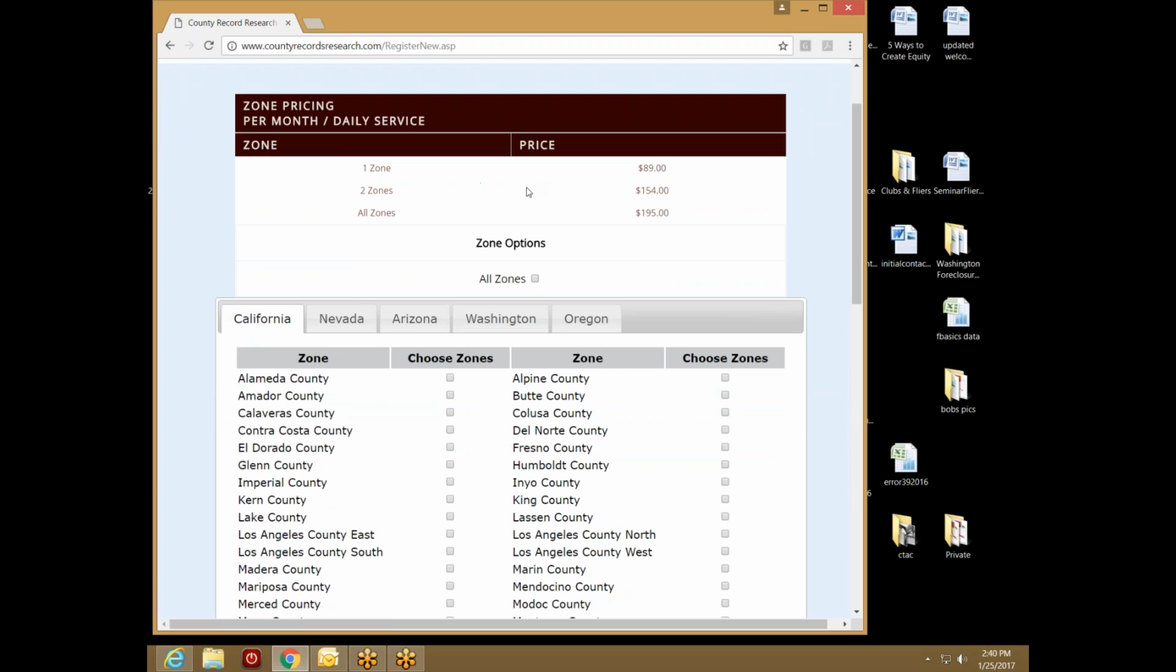Remember that we have 3 basic price schedules, pretty easy to understand. One zone's $89, 2 zones is $154, and then all zones is $195. So if you want 3 or more, just select the all zone option and take advantage of the fact that we have now added Washington and Oregon to the site. Take advantage of the opportunity for more information, get your questions answered, research your properties, and then get out there